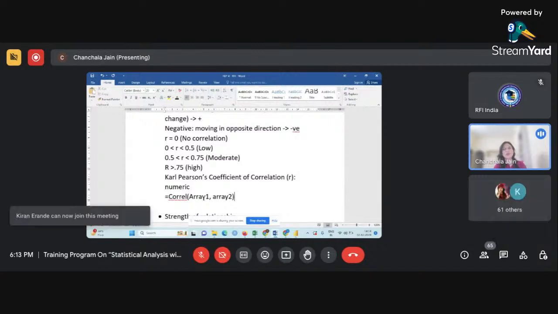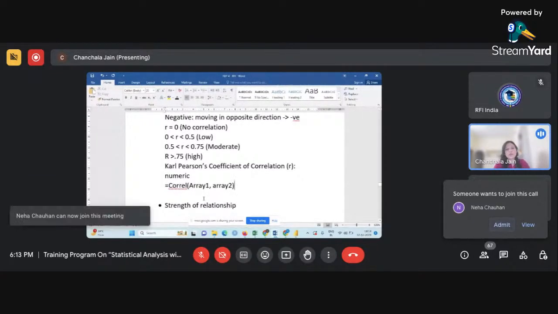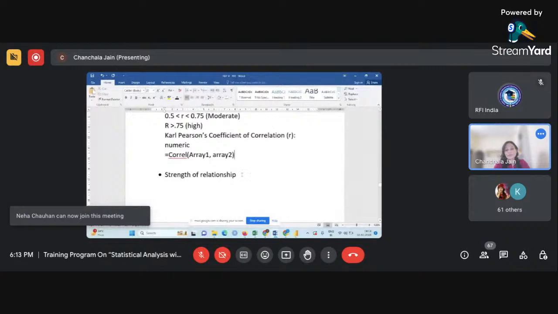If variables are not at all related to each other, that means if they are not showing any kind of relationship, it might be possible we cannot find any further relationship in those variables, right? So that is why correlation is known as the basic statistical tool in statistics. Now, further, if I talk about the other thing,